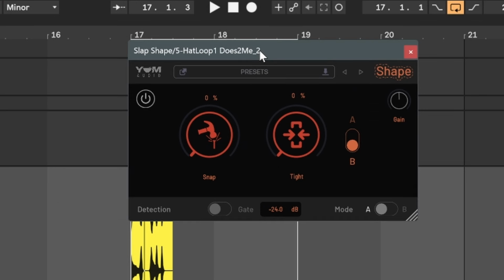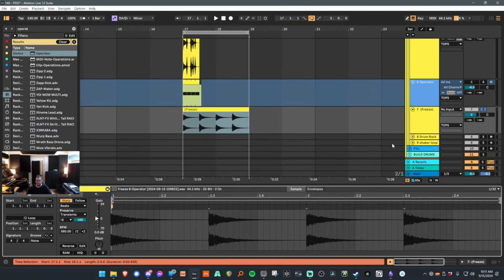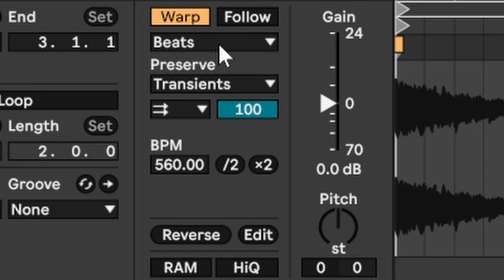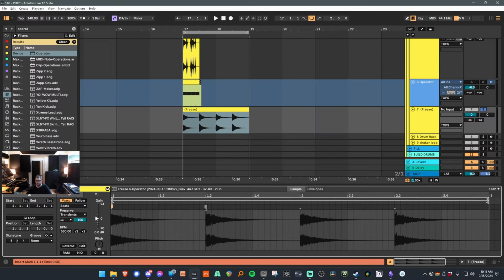So to explain the shape module and what inspired it, I first have to explain what the Beats warp mode does in Ableton. So in Ableton, you have this warp mode called Beats, and then you have this secondary thing in that warp mode called Preserve, which lets you preserve divisions in the sample, and I'll show you what that means. So if I have this on transients mode,